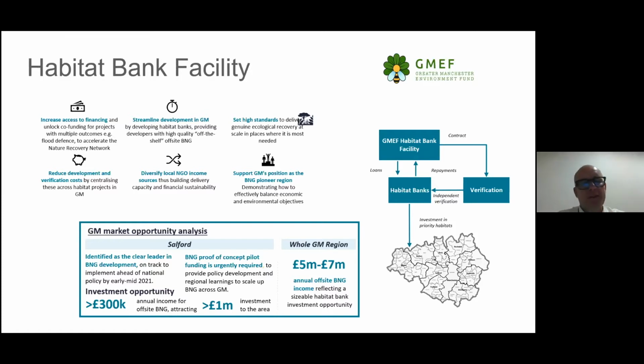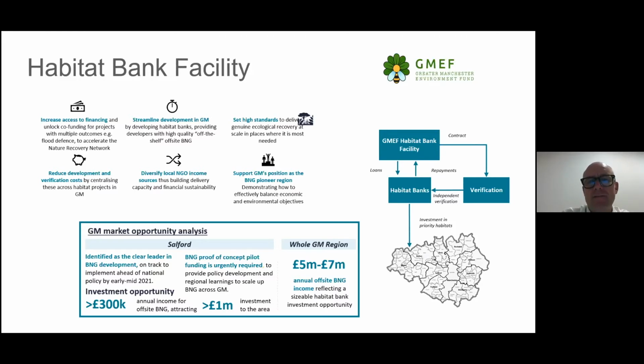We need approximately £2 million of funds to carry out the works to improve that site. What we're doing here is setting up a new way of funding that through biodiversity net gain, and looking at where we can produce a business case for big investors to lend the £2 million to us, and then we repay that back to them over time through selling biodiversity units to developers that want to buy those units for their planning applications.